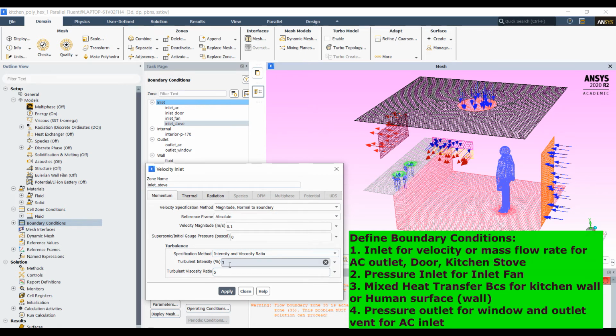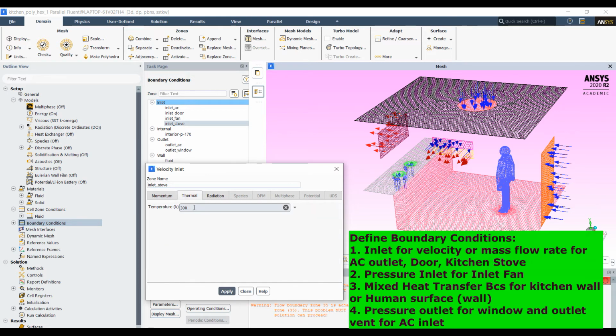Viscosity ratio 5 and intensity 3%. For thermal, I am giving ambient temperature as 600 Kelvin. This is just an average temperature, because in combustion heat is generated, some heat is absorbed by the food, and some heat is carried out along with the flue gases, and that average temperature I am giving as 600 Kelvin. Apply, and here emissivity I am keeping as 1. Apply.